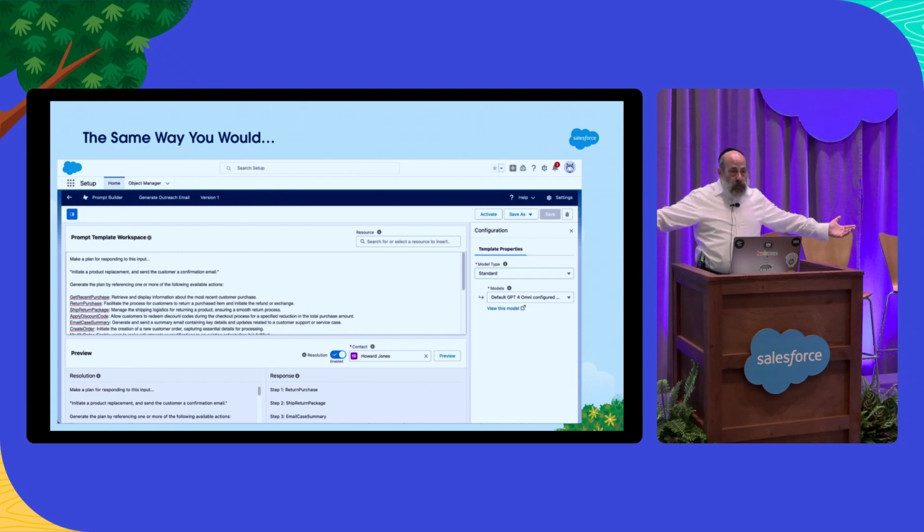What steps would you need to take to process the return of an item of merchandise and create a confirmation email? And what you would do is look at the actions and the descriptions, and based on your understanding of the descriptions, you would say, well, first I need to do this, and then that, and then the other thing. That is exactly what Einstein is doing.